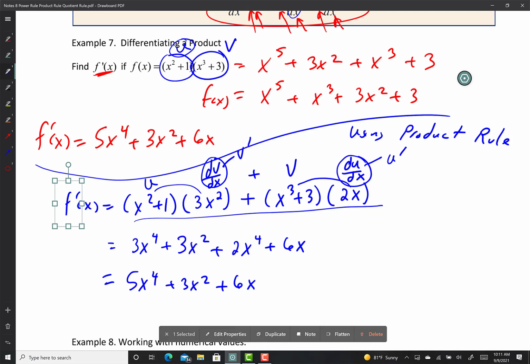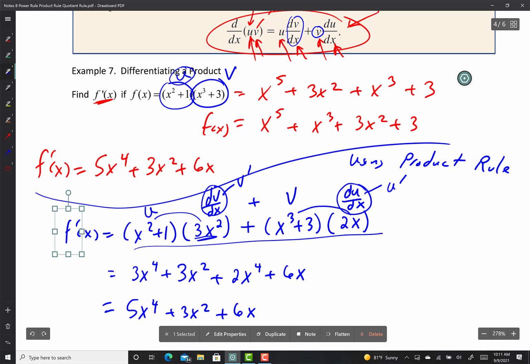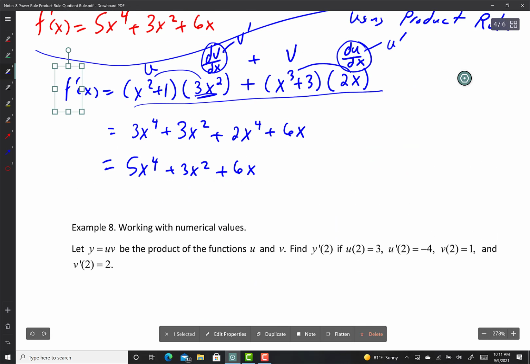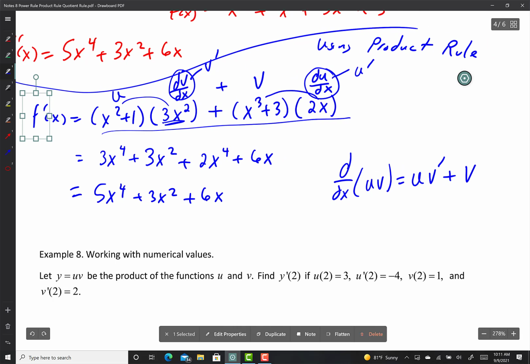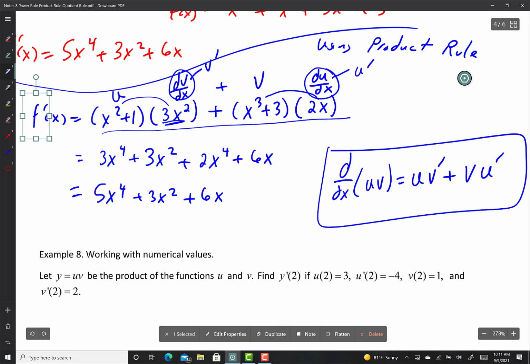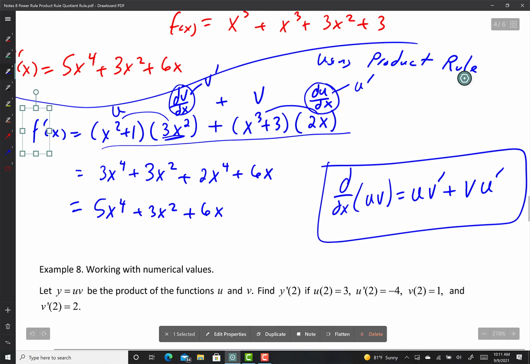So I went u, which is x squared plus 1, and then this one, the 3x squared, it says here dv dx, which is, maybe you like it like this. So let me write it like this. d dx of uv is equal to the first times the derivative of the second, so maybe you like that better, plus the second times the derivative of the first. No, yeah, that makes sense. I'm sorry, I just didn't know how to get from x squared plus 1 to